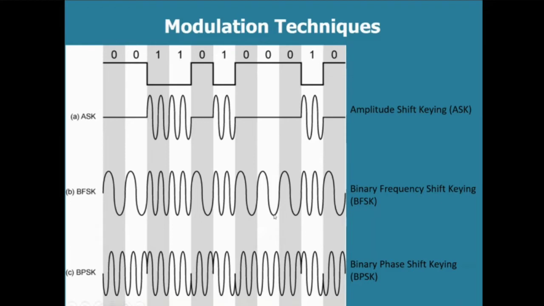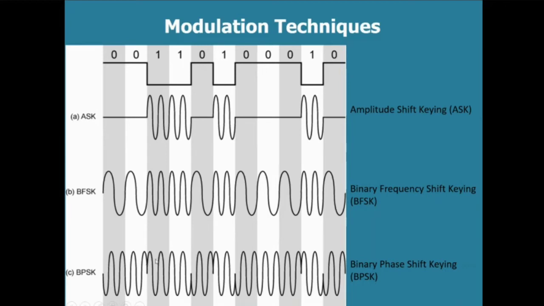Okay, next one, binary phase shift keying technique. Here the phase of the carrier signal is varied, and amplitude and frequency remain constant. So here if there is a change from 0 to 1 or 1 to 0, it will produce a phase shift. Using this phase shift, you are going to transmit your digital data. What is our ultimate aim? We want to transmit your data from one place to another place by changing any one of the parameters: amplitude, frequency, or phase.